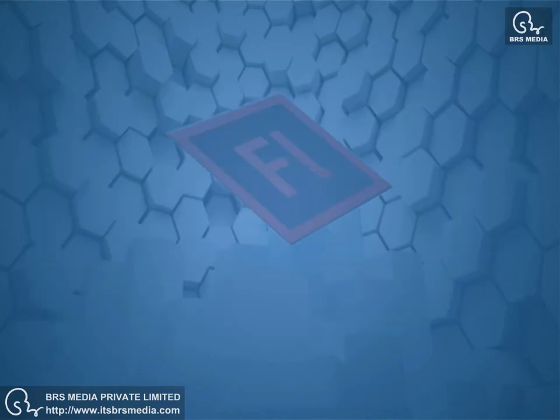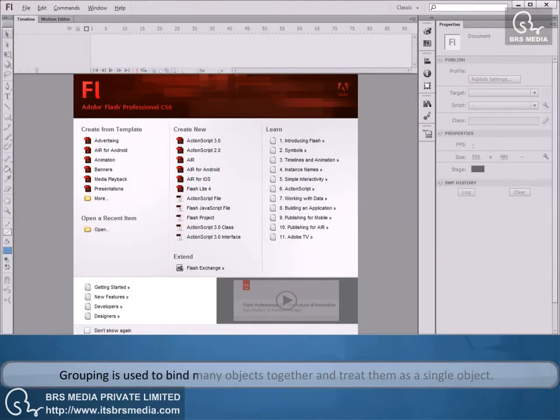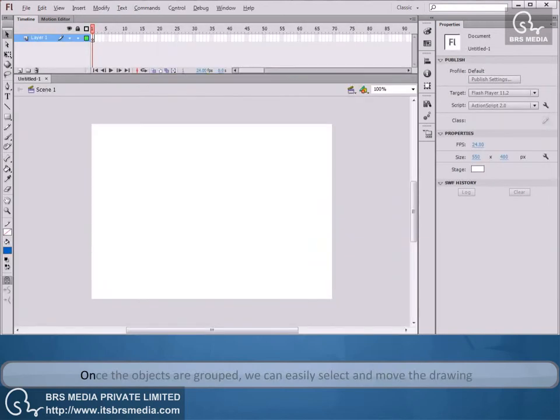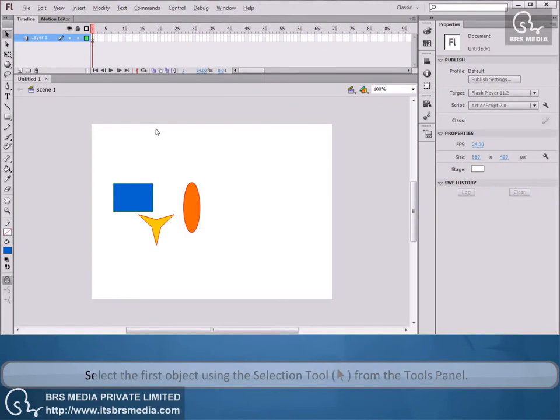Grouping. Grouping is used to bind many objects together and treat them as a single object. Once the objects are grouped, we can easily select and move the drawing, the new shape formed after grouping the objects, as a whole. To group the objects: